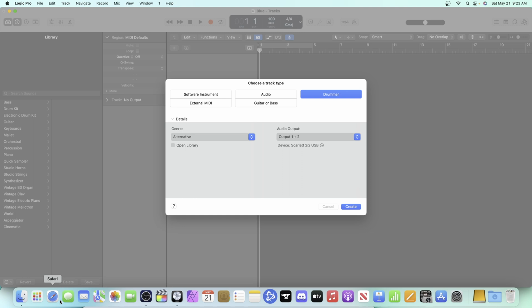But for now, here we are on Logic, and when you start off Logic, it asks you to choose a track type, and obviously I'm going to go with drummer. When I was going to originally do this demo, I have EZdrummer and I have the alternative pack, which is the Albini one,